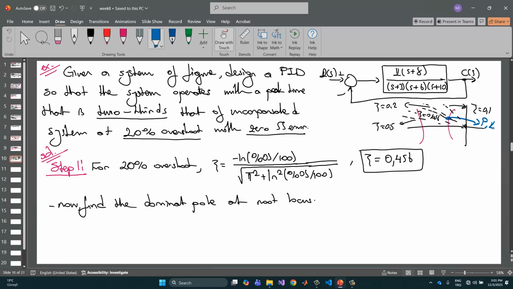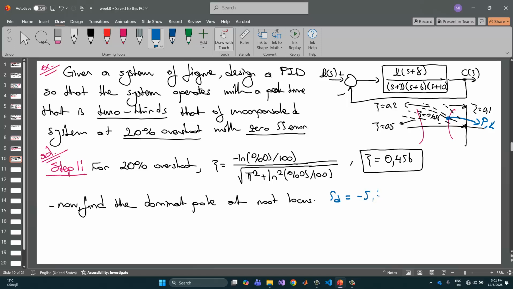Okay, and so if we solve this equation, we should find the proper zeta value, and this zeta represents one gain and one pole. Okay, this is the dominant pole, which means that the PD or